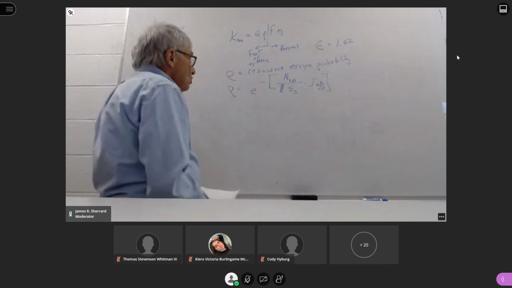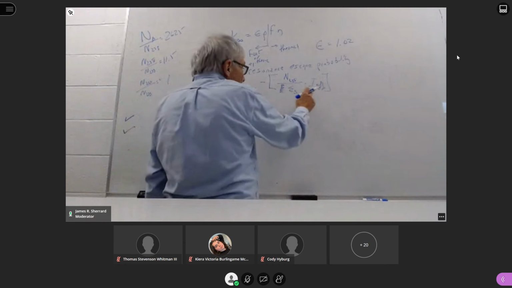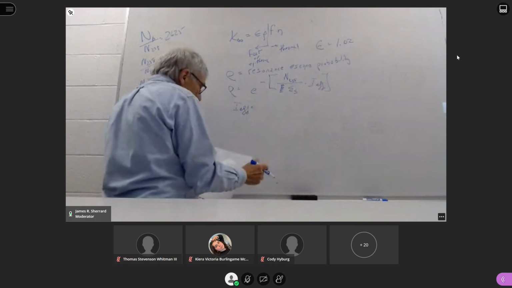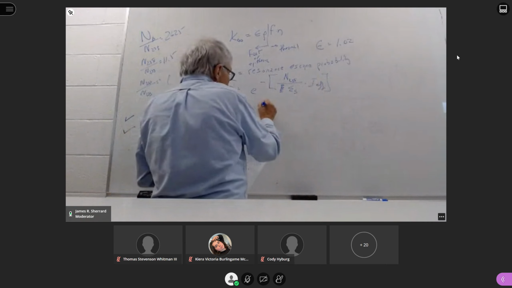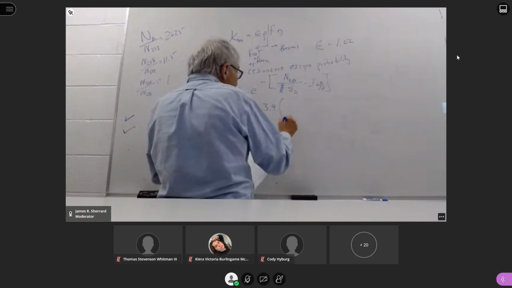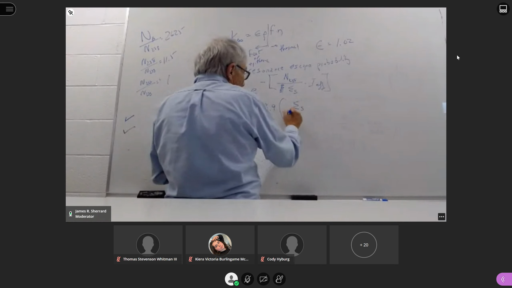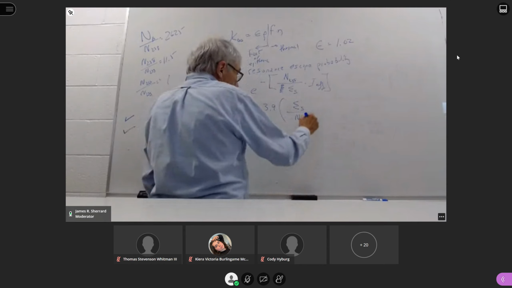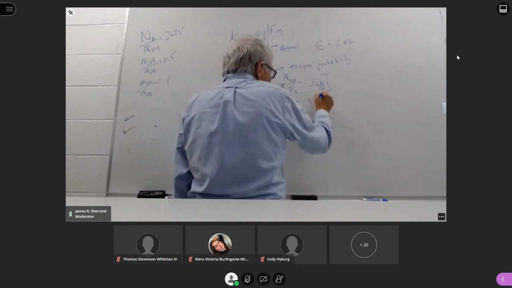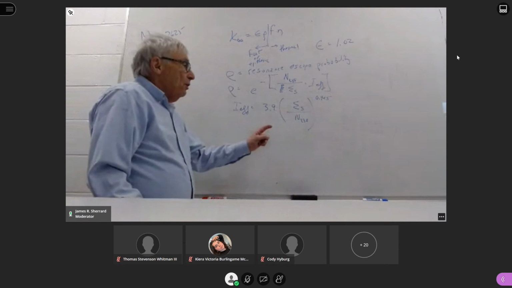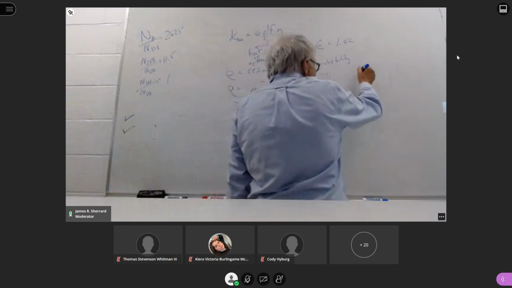So the first thing we need to solve in solving this entire thing is I effective. And I effective is equal to 3.9 times the macroscopic cross-section for scattering divided by N 238. All of this raised to the 0.415 power. And remember, if we go back and look at what's happening